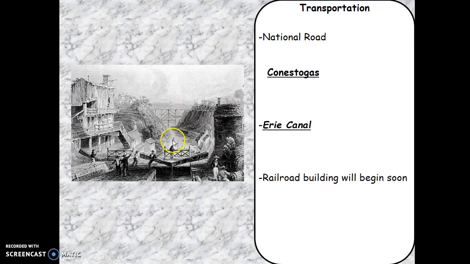The Erie Canal, the first canal built here on your left now, was basically to ship goods by ship from one area to another, which was faster than by wagon. And soon the railroad's going to be here, which will basically link the entire United States and allow markets to open up from North Carolina to California to each other.